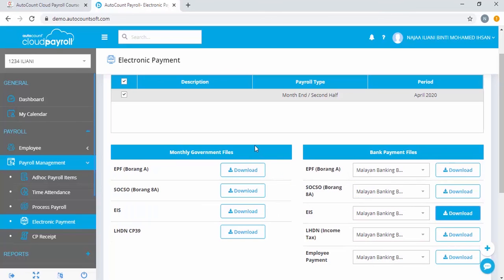No, you have to download first, and then you have to go to their respective website and upload the file. So that is actually how you do the e-payment, meaning you download the file for the